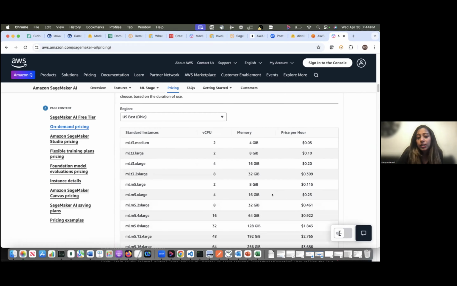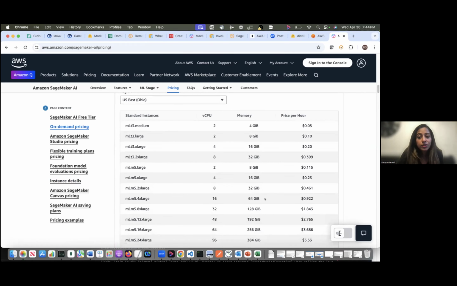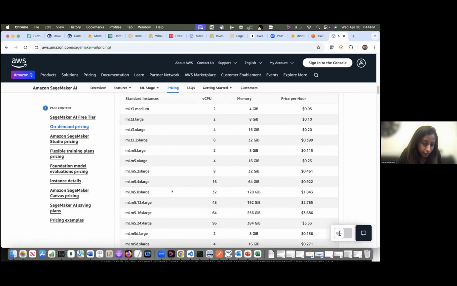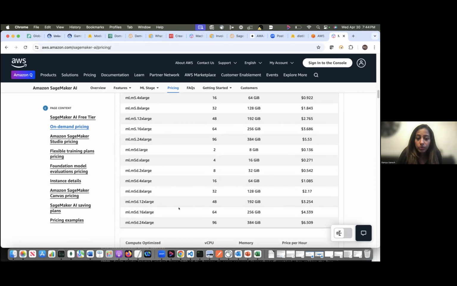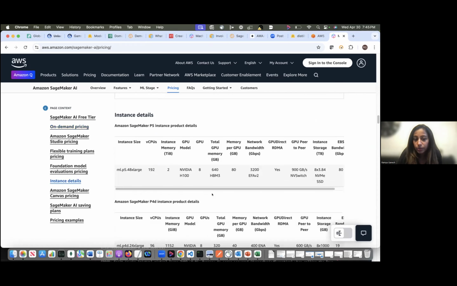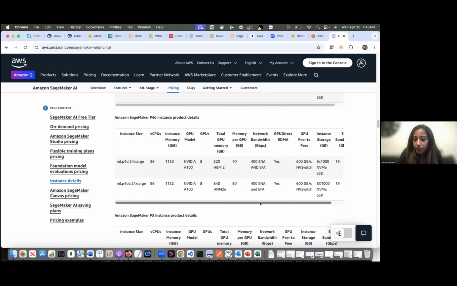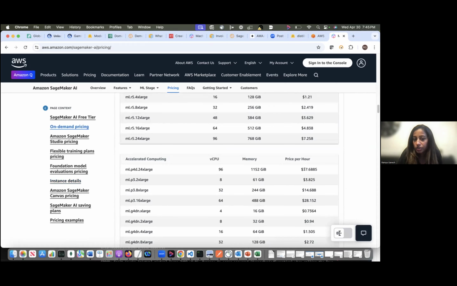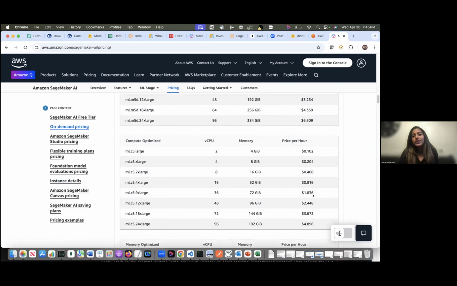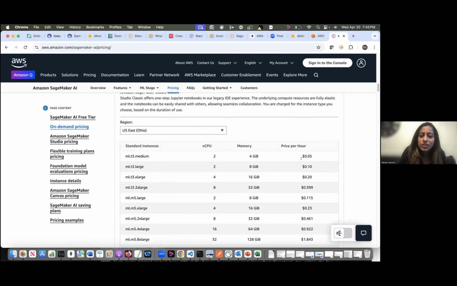But if you're going with a larger one, it all depends on your use case. Depending on the use case, you might have to go for a larger configuration. In that case, you'll be charged accordingly. If I go for the larger GPUs, if you scroll down, you will see they will be charged like $37 an hour. Yeah, so those are actually a little expensive. But if you're trying to just experiment, I would suggest just go with that.